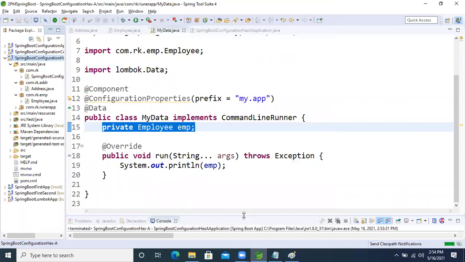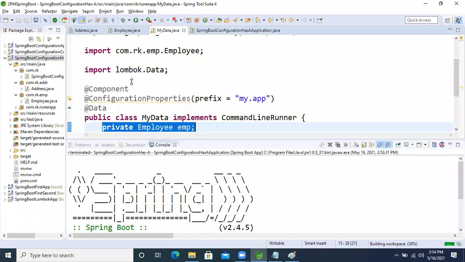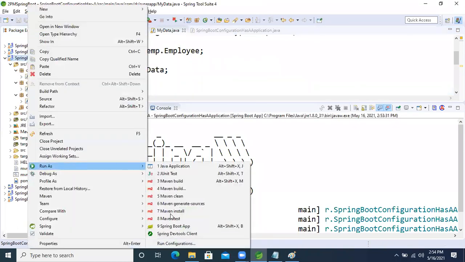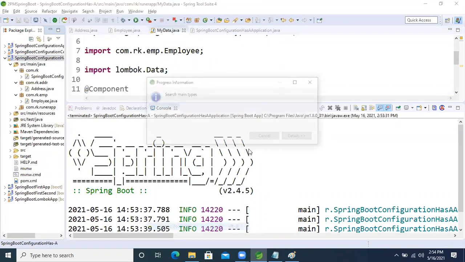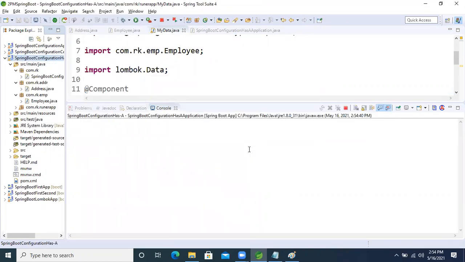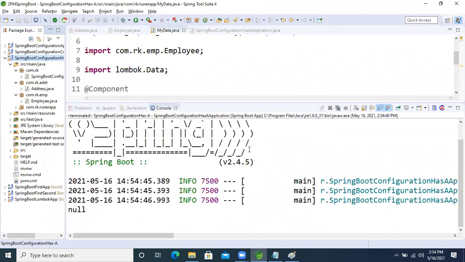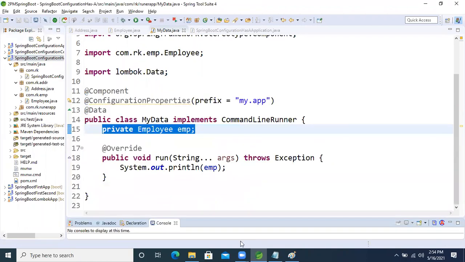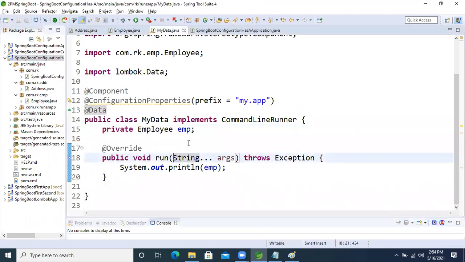It's taking updates. Now fine. By default the value should come, right? The default value should come, but it's not coming.